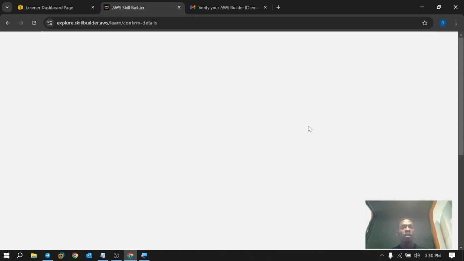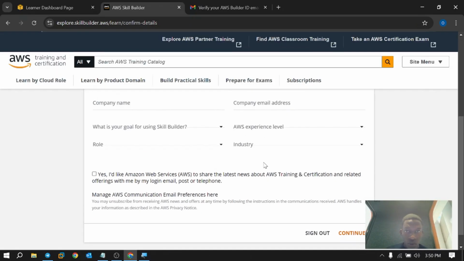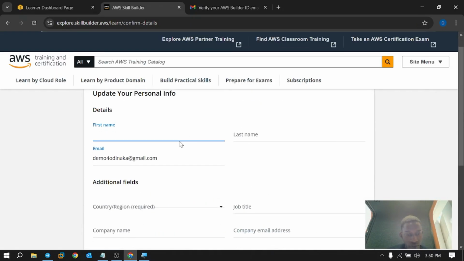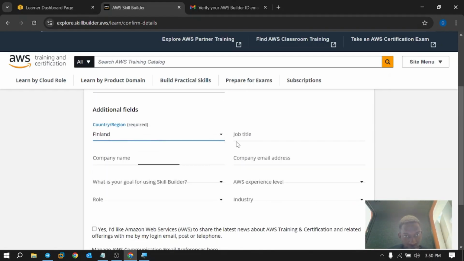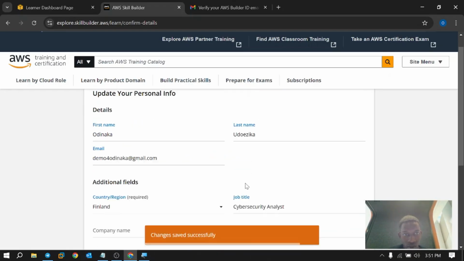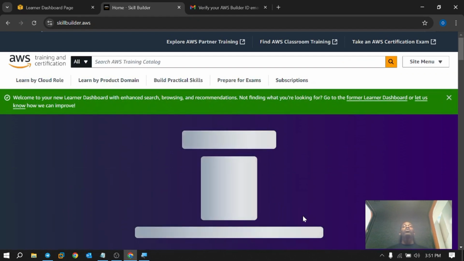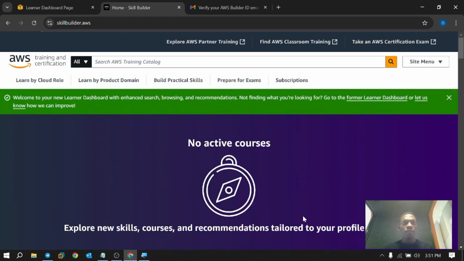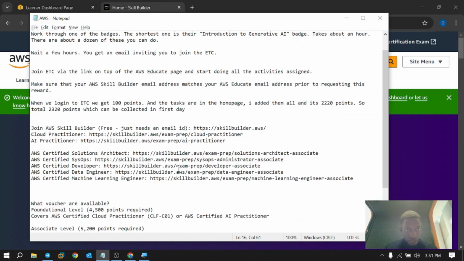Now it's going to take you to the AWS Skill Builder platform. Oh, I think you need to fill all this first. So this is what you're going to see once you are signed into the AWS Skill Builder platform. Right now, once you are here now,